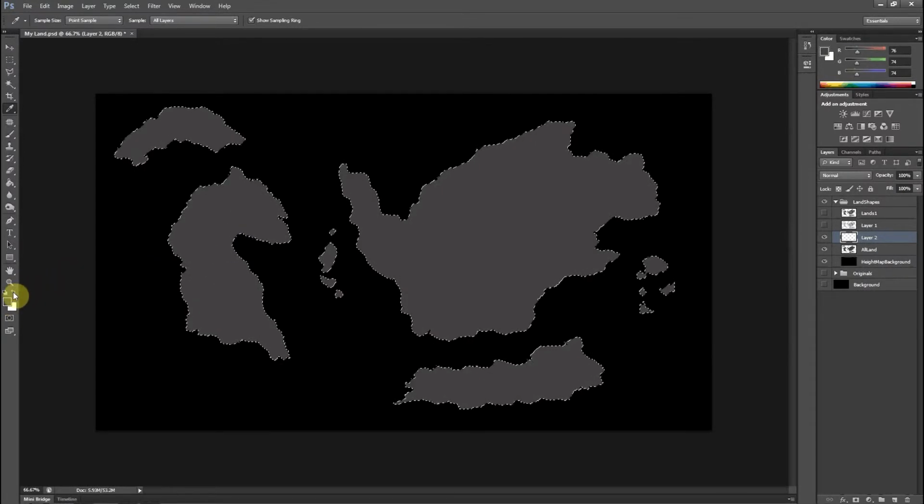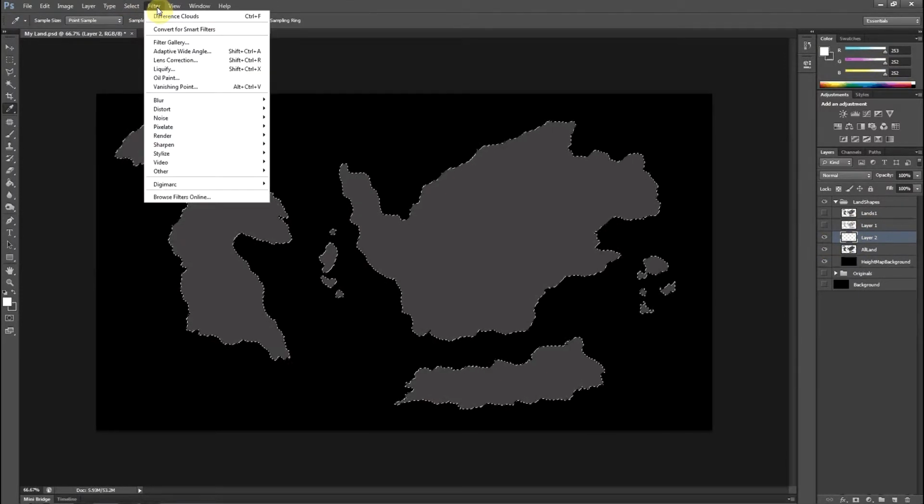However, I want mine reversed because I want white to be the highest part on my map. And right now I want my lowest to just be as low as my main land here. So I have these selected. I'm on my new layer. If I go to filter and I go to render,